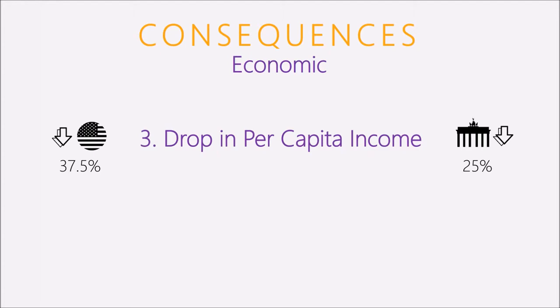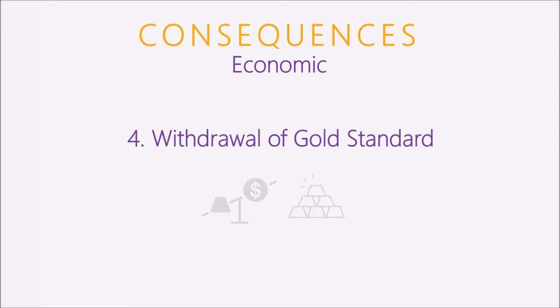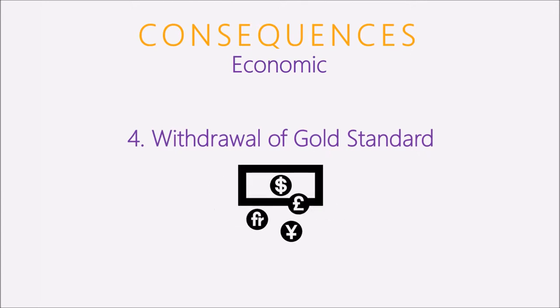Another huge change after the Great Depression was the abolishment of the gold standard in many countries, changing it into an exchange rate system. For example, the UK, Germany, and Japan. This was because countries wanted to stimulate their economy by implementing monetary policy. However, this led to a currency war and a further global economic depression.